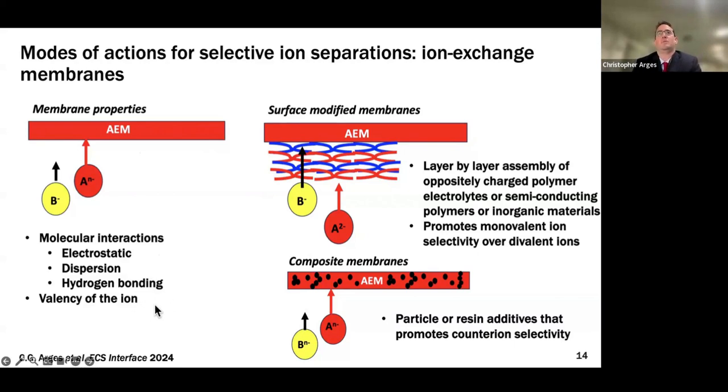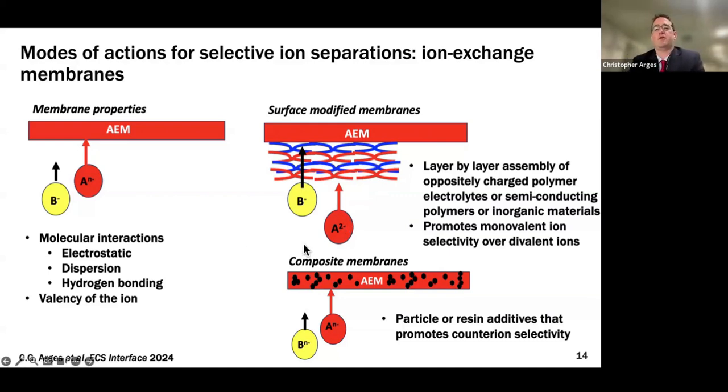So usually the rule of thumb is like you have electrodialysis membrane, ions of the same size and valence, conventional ion exchange membranes today cannot discriminate between those two ions. So a lot of times you'll see surface engineering of the membrane, like you might have some oppositely charged polymers here. This is an effective strategy for promoting monovalent ion transport and rejecting divalent. So you can get that type of separation using this approach.